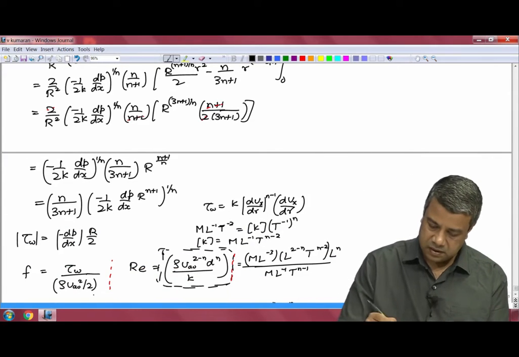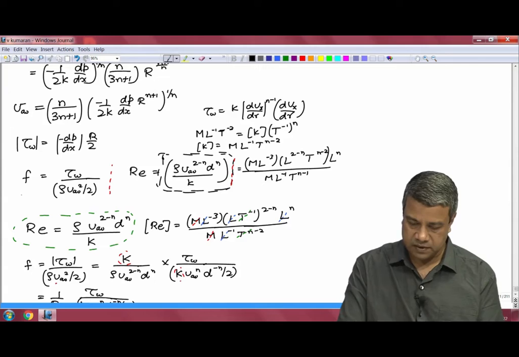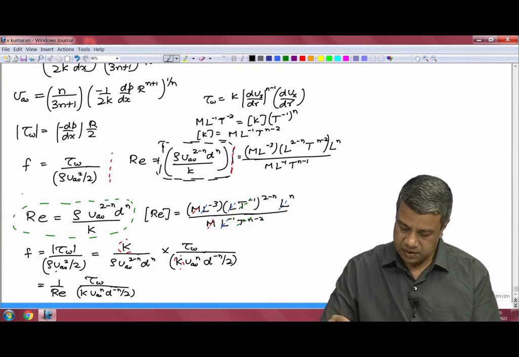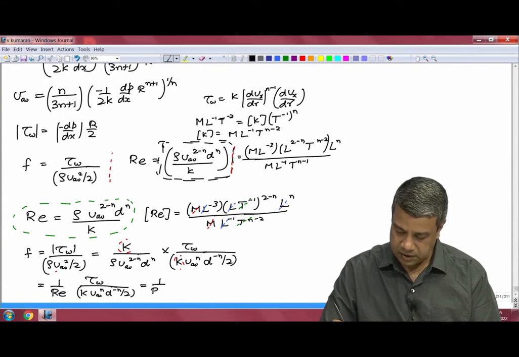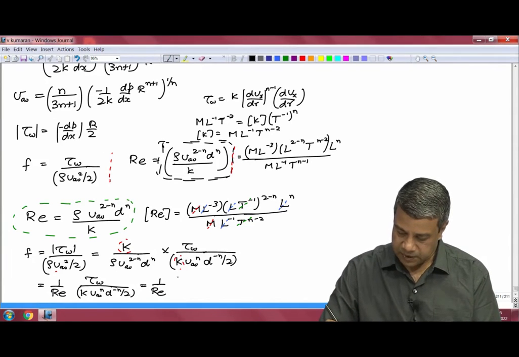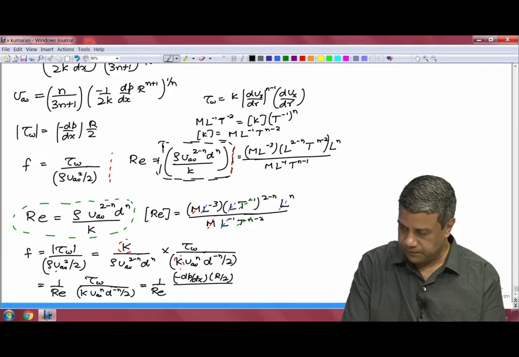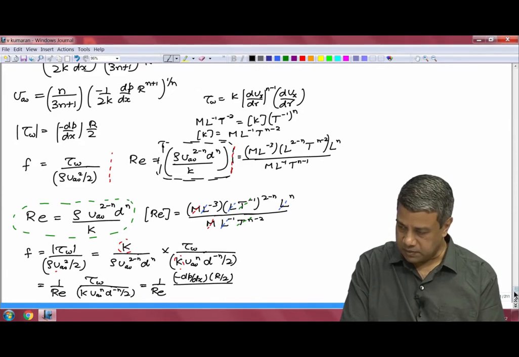This is the expression for V average, and therefore, if I take the nth power of that, I will get 1 over Re into tau w is minus dp by dx into r by 2 divided by V average power n, which is